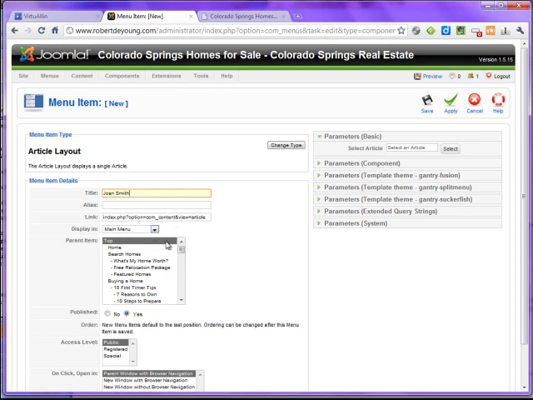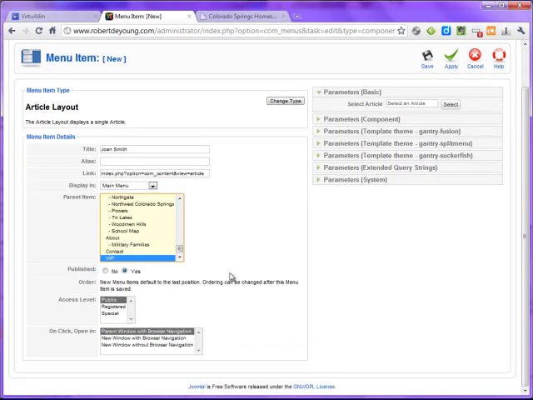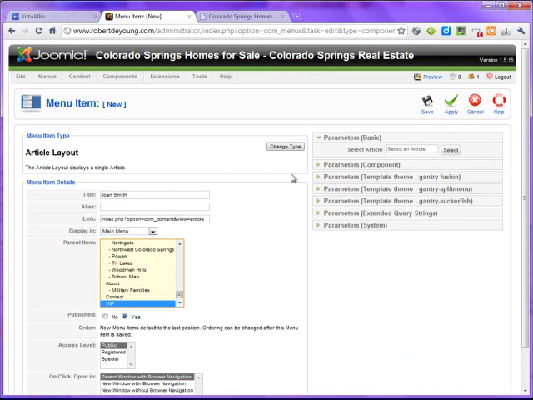Everything is done here for you, except we want the parent item to be that VIP link, so I'm going to scroll all the way down to the bottom and click on VIP. We want it to be published, we want it to be public, and we're almost ready to go. We just need to select that article we just created here. I'm going to hit the select button,